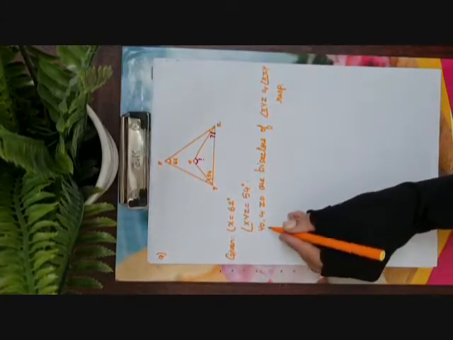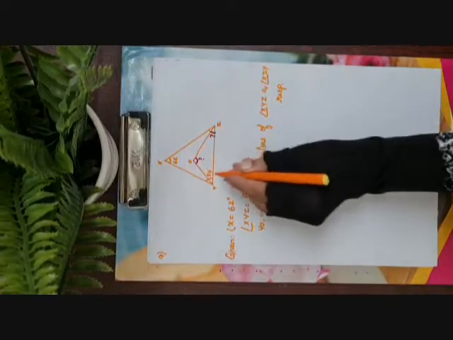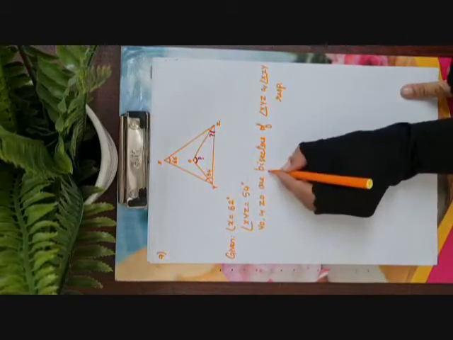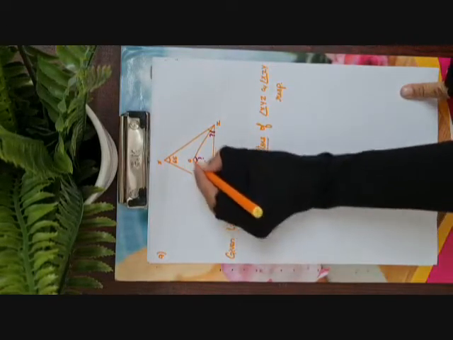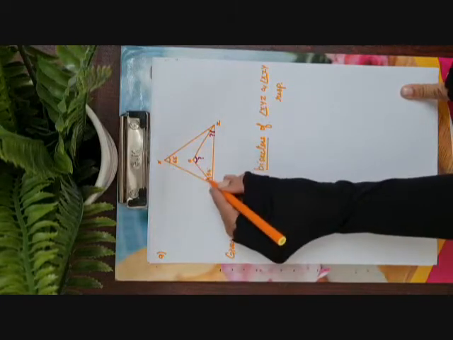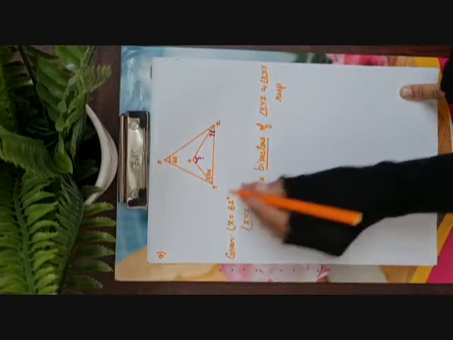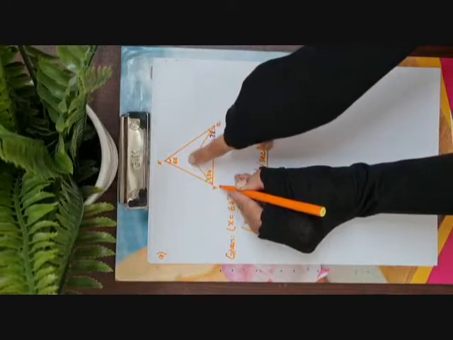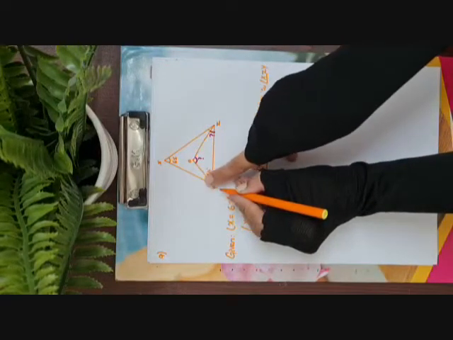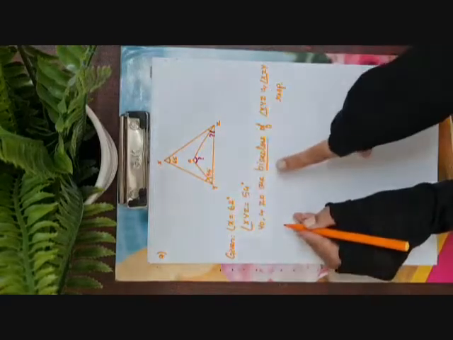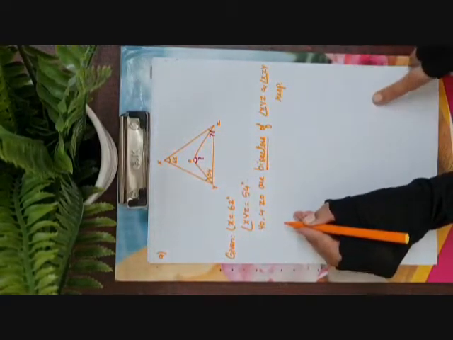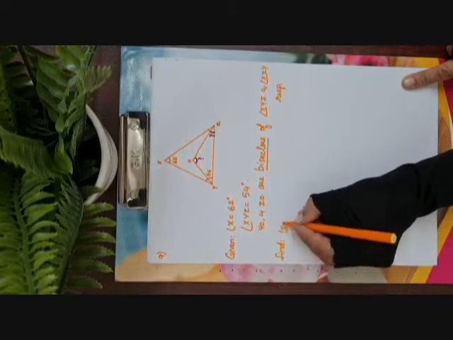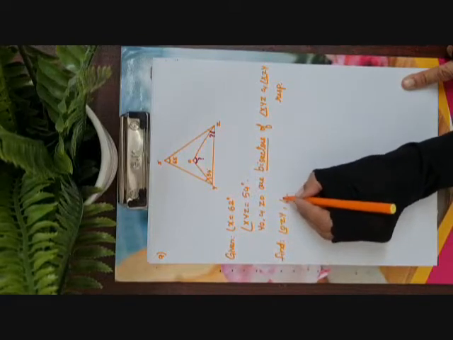Now what do you understand when they say that YO and ZO are bisectors of angle XYZ and angle XZY respectively? See children, the word bisector means this OY is dividing the angle XYZ into two equal halves. Okay, so if XYZ is 54 degrees, OYZ and OYX, they both are equal. They should be divided into two equal halves because they have stated the word bisector. Okay, remember this for finding the solution. Now what are the things that we have to find? We have to find angle OZY and angle YOZ.